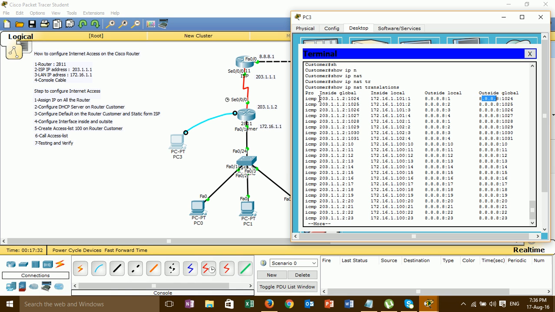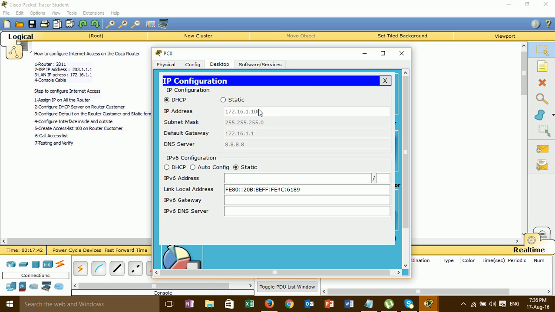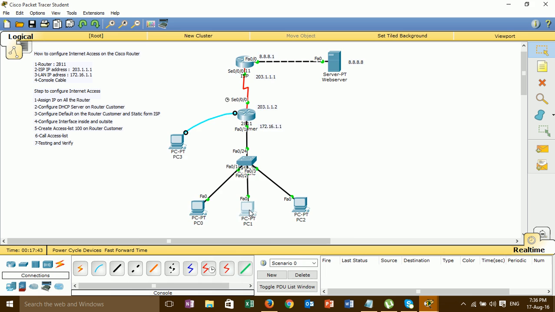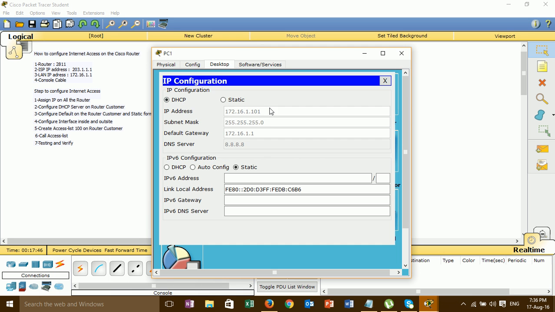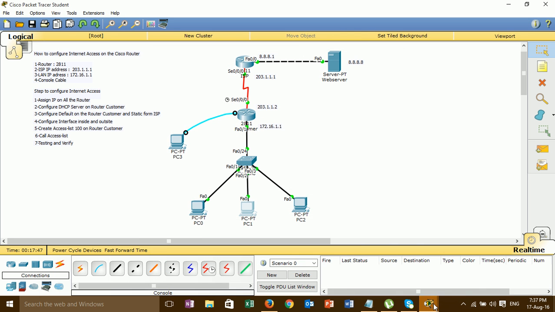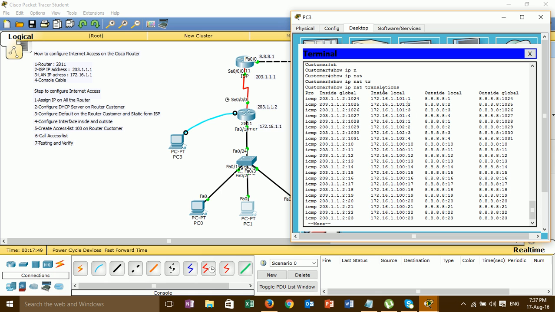This is my public IP, and this is my IP from PC1. Try to ping to the internet, it is working.